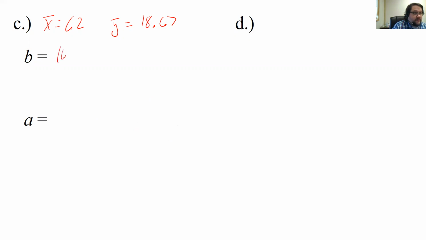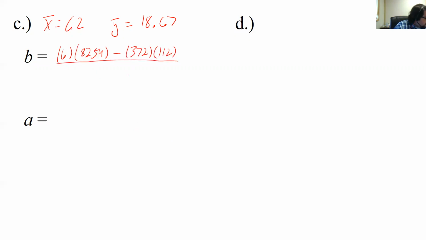We're going to take our sample size, which was 6, times the sum of our xy's, which we found, 8254, minus the sum of x, which we found was 372, times the sum of y, which was 112,